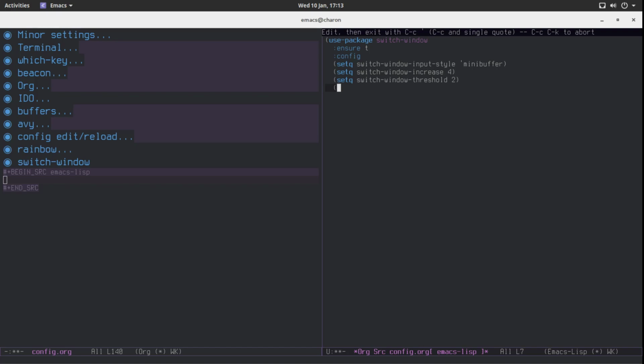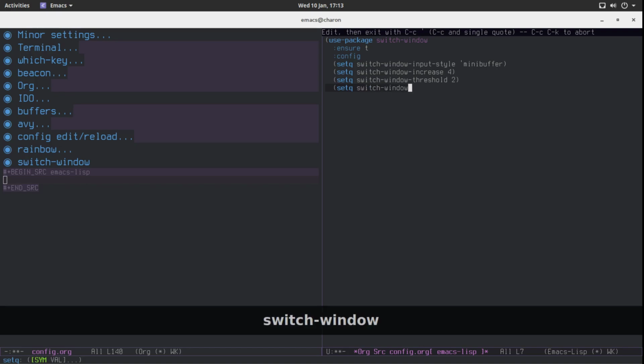But when I switch windows, I want to be able to use my home row, so to speak. I don't really want to use my number keys. This is what Ace window does by default. I'm not a big fan of that. So setq, it's going to be switch-window-shortcut-style, qwerty, and the last option will be setq switch-window-qwerty-shortcuts. Now this one is actually going to be a list,